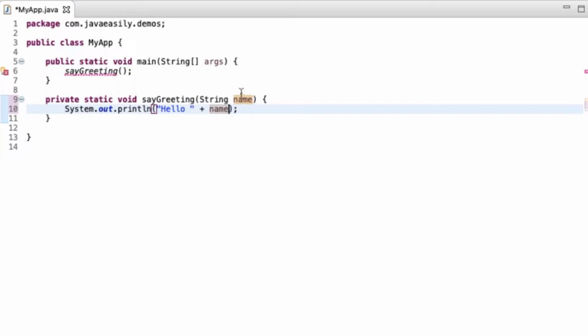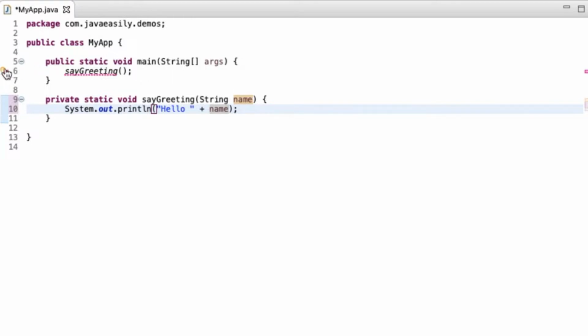If we pass in Matt, it would say hello Matt. If we pass in John, it would say hello John. Now you'll notice over here, we're getting this red squiggly underline again. And the reason is, of course, because we're not actually passing a name now, because we haven't adjusted this method call to take into account that we're now passing a name here. And if we didn't know that, I'll give you another demo of how helpful IDEs can be.